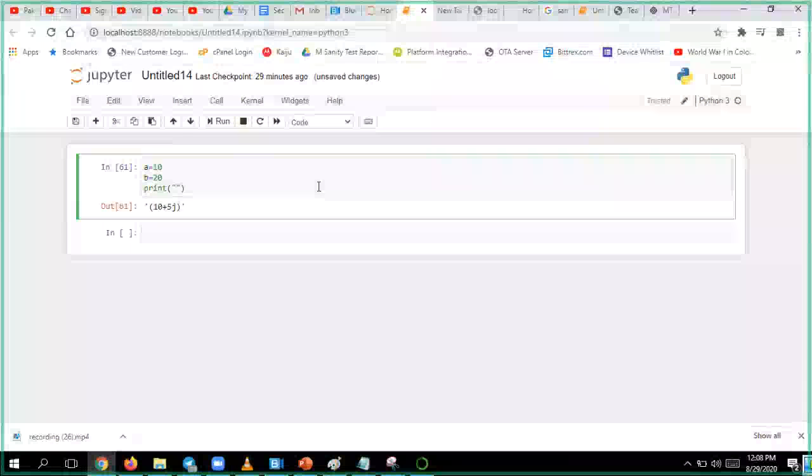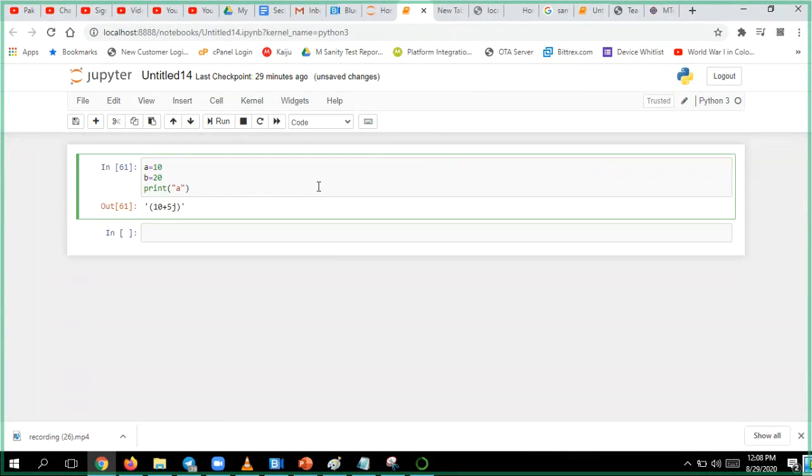What you have to do is give some text for us to understand what we are doing: addition of A and B, comma. Whatever operation you want to do, you give it here: A plus B.